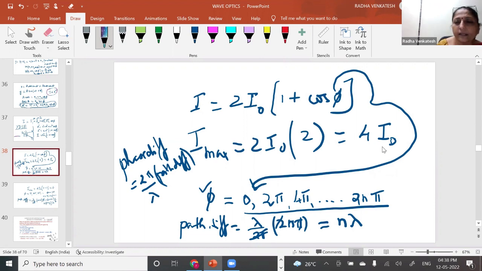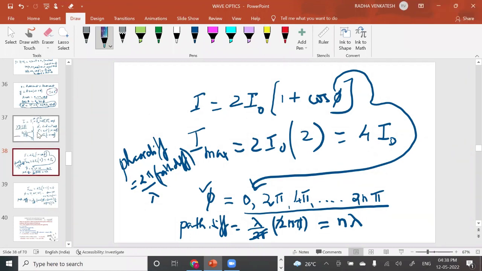One important point that I want you to note down, which will be very helpful for your numericals. When I write I max is 4 I naught, what is that I naught, teachers? It is the intensity of the source, the original source. So if I can go back to this diagram here,